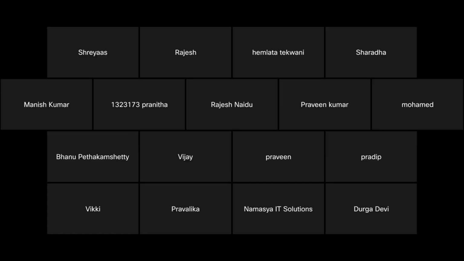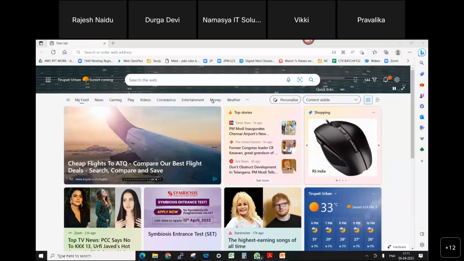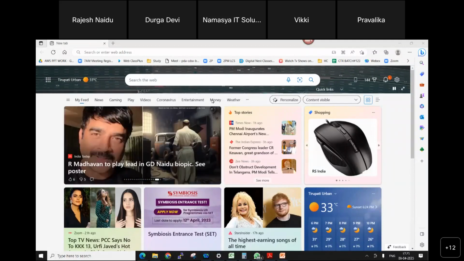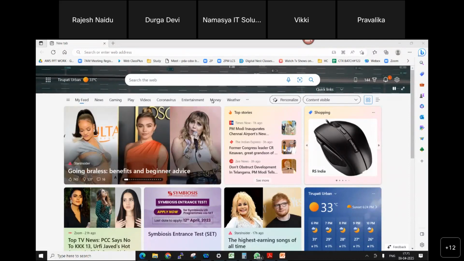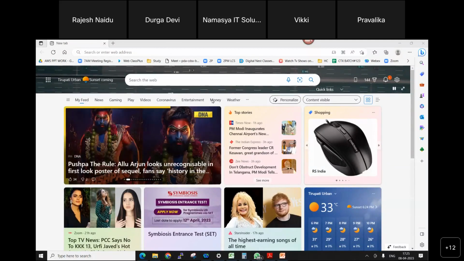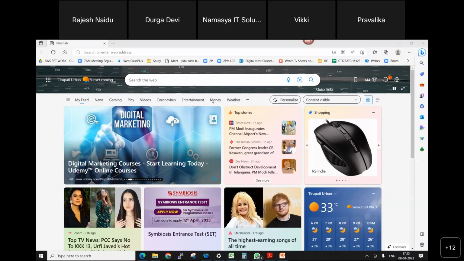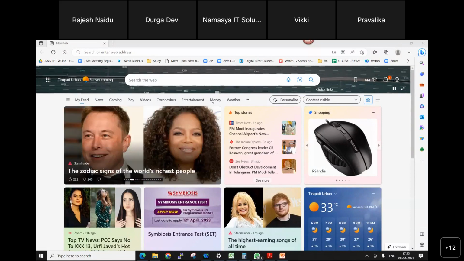So guys, as discussed, AWS introduced its first service in 2006, and by 2023 we have 200 plus services. So anybody can learn any service, no matter what. Today I'm going to explain